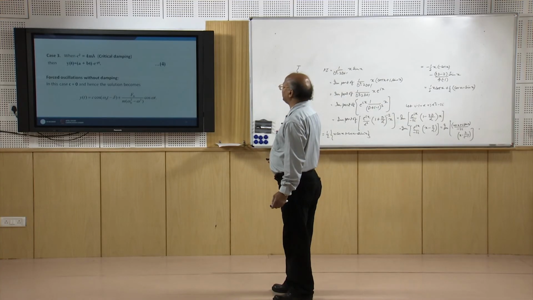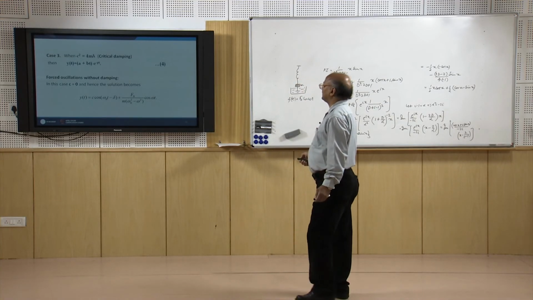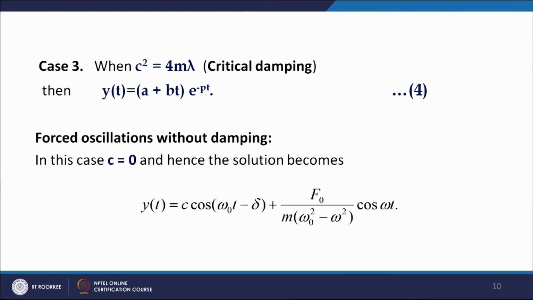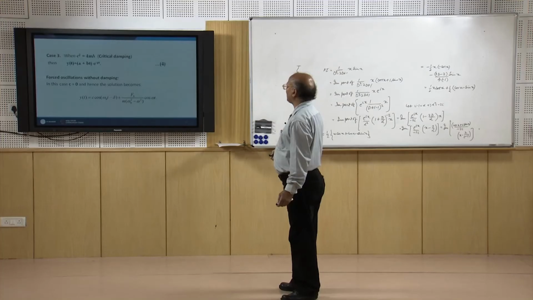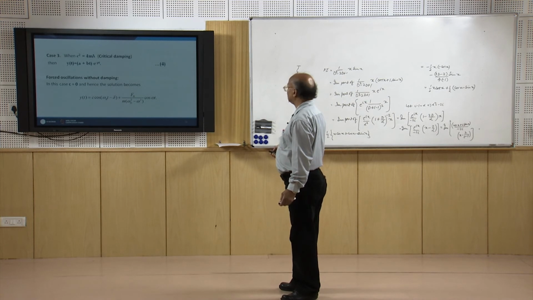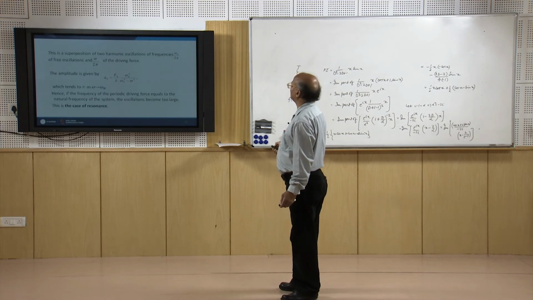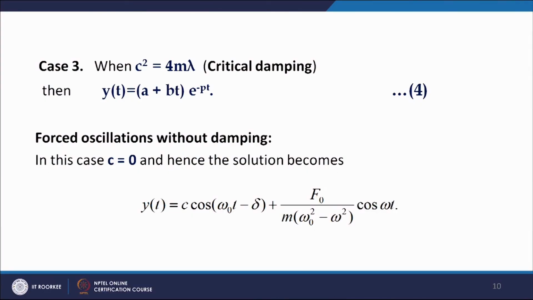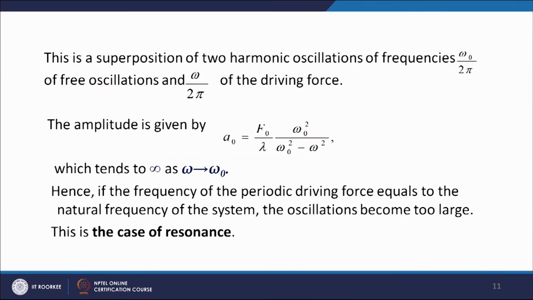So we get y(t) = c cos(ω₀t − δ) + (F₀/(m(ω₀² − ω²))) cos ωt, in the case c = 0. Now this is a superposition of two harmonic oscillations. This is a harmonic oscillation and this is also a harmonic oscillation, with frequencies ω₀/2π, here the frequency is ω₀/2π, and here the frequency is ω/2π,